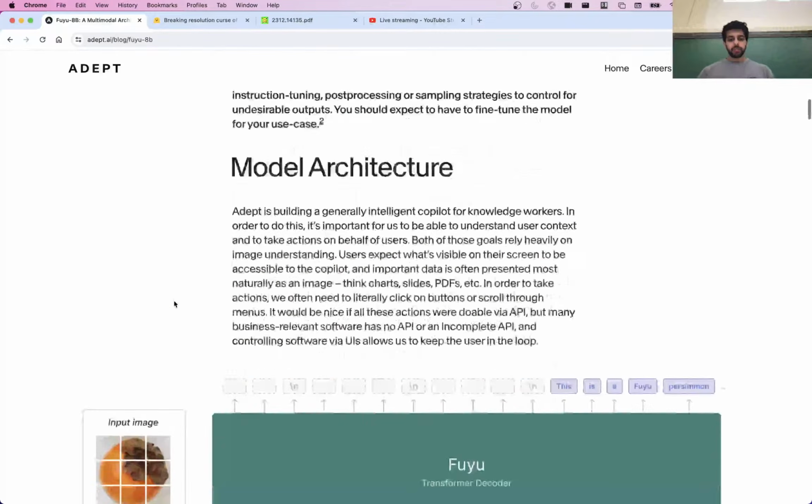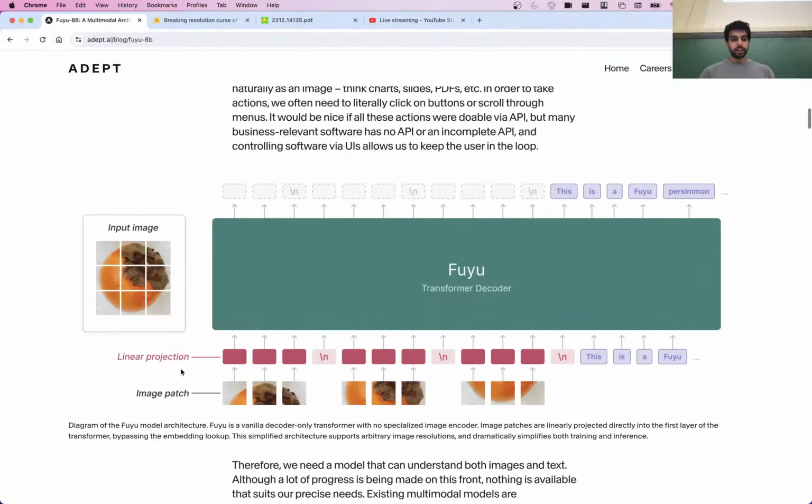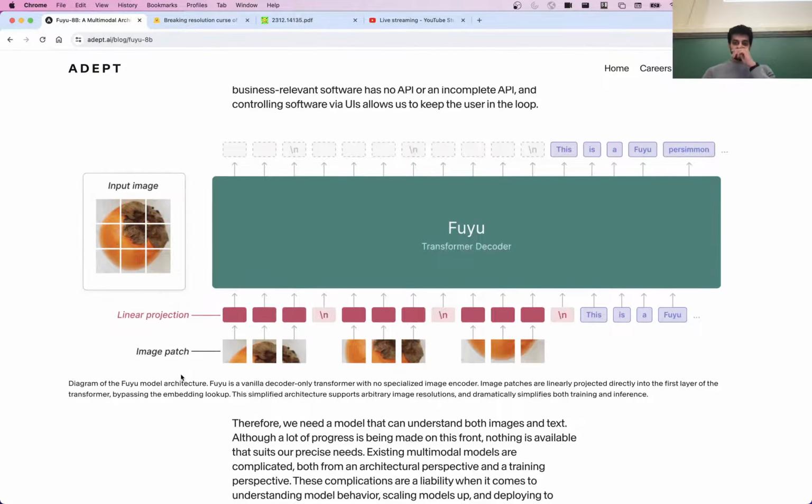So they have this figure here that I wanted to show you. They have this picture of a persimmon, and just like we learned about, they split this image into patches. And then each patch, they use just a simple linear projection to get it into a vector representation.